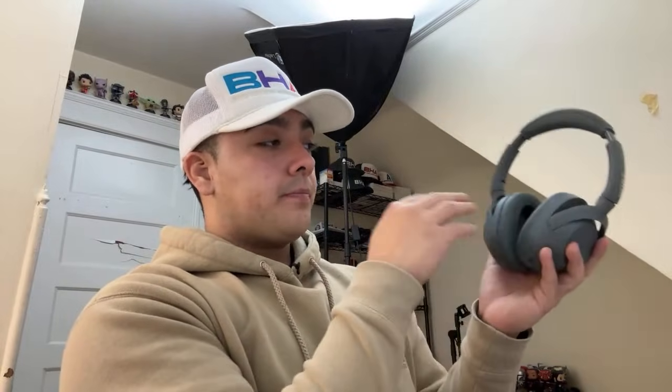But at cruising altitude, after you go through the calibration process, the XM4s are going to block out more noise than the Bose QC Ultra and the Bose QCs or the Sennheiser Momentum 4s or the AirPod Max. So if you want the better active noise cancellation, you do want to go with the XM4s. However, with the Alt Wears, I do think they sound better because they have the extra bass feature and they do have slightly better instrument separation. But if active noise cancellation is very important to you, you do want to go with the XM4s, and the